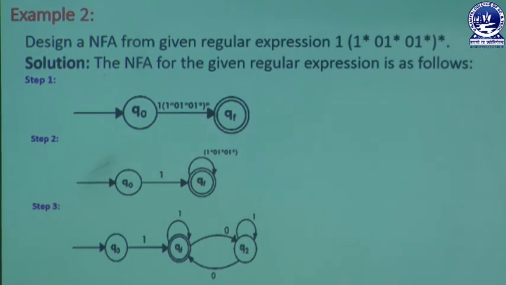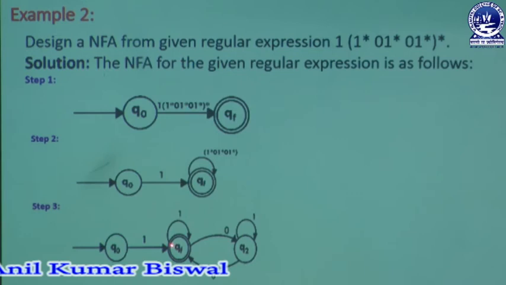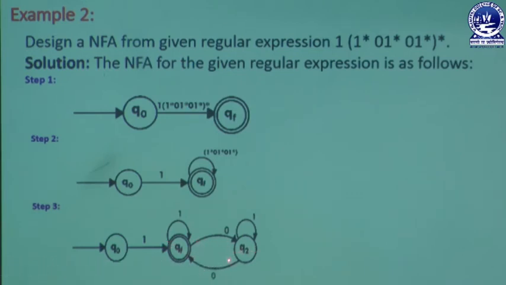Again in step 3, this expression is also converted to another format, like Q0 is the initial state. Similarly, it can take an input symbol like 0, then that Qf also needs to be re-expressed like 1, and that 1 star means self-redirected. Then again that Qf taking 0 as input symbol can create Q2. Here that Q2 is known as a normal state, another new state being created; otherwise you can name it Q1, there is no problem. Again this Q1 is self-redirected, written as 1, and that Q2 taking input symbol 0 is also redirected to Qf.